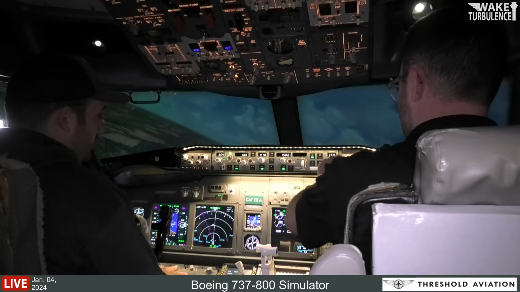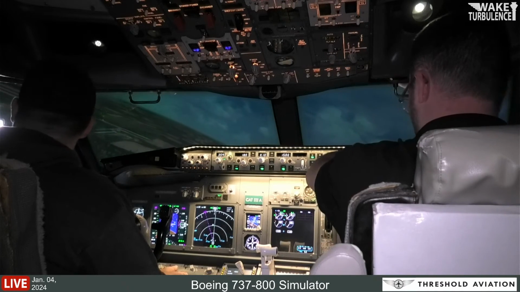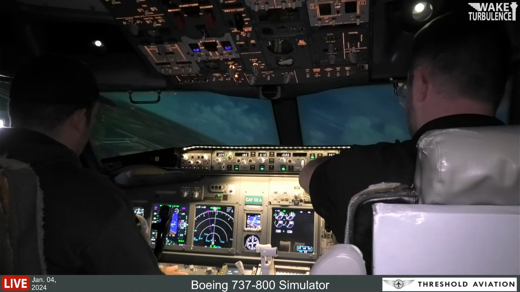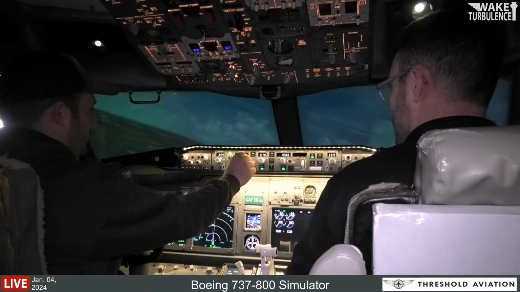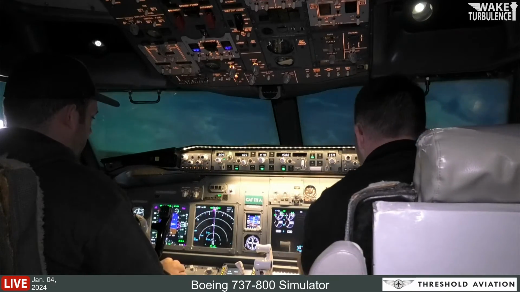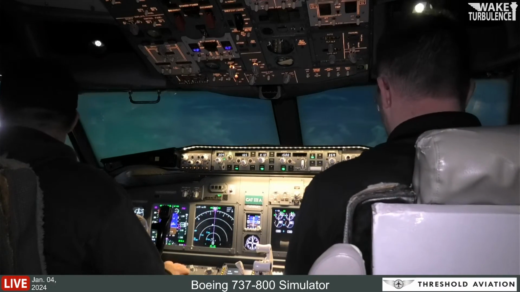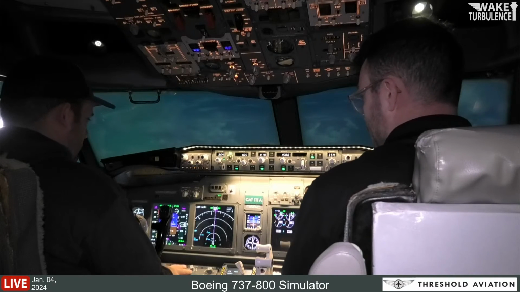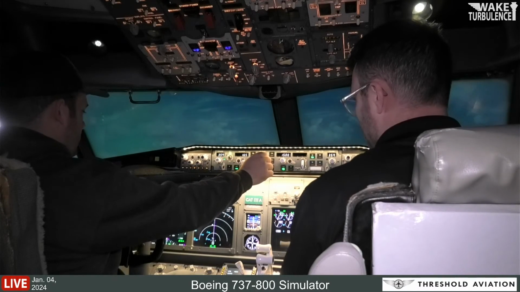Nice. Is auto brake still armed? Yeah. It starts slowing down. 165, flaps 15, landing gear down. Flaps 15, landing gear down. And we should probably keep turning, I think, right now. Go to the 310